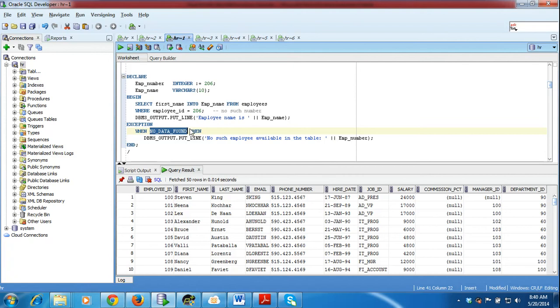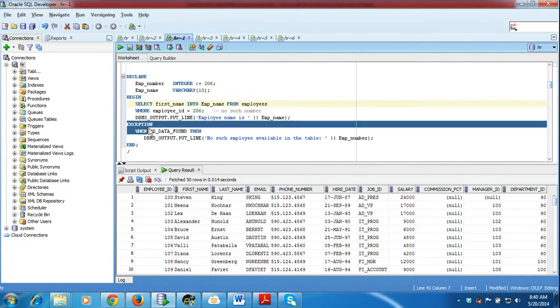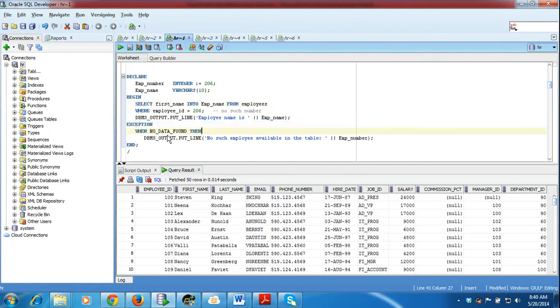It means if employee id equal to 206 is not available in our employees table, then our cursor is moved to this section, exception when no data found. Then what do you want to do? Then just print no such employees available in the table